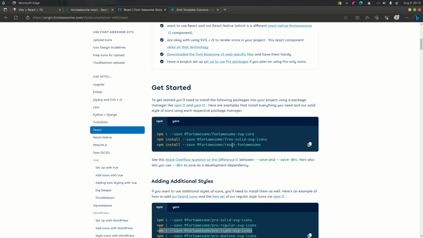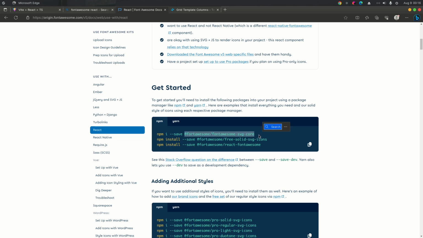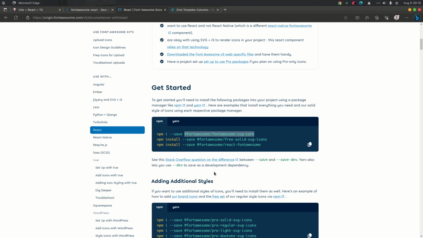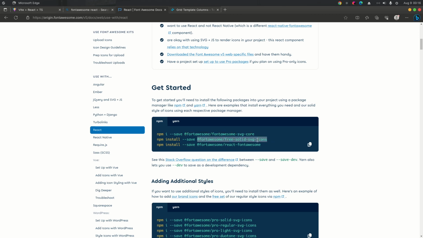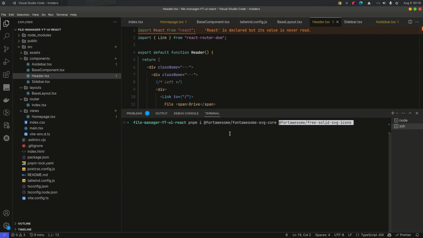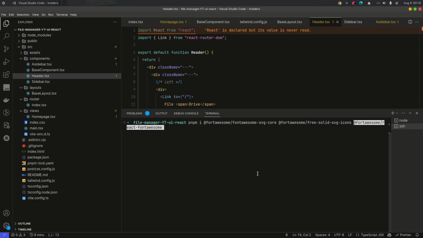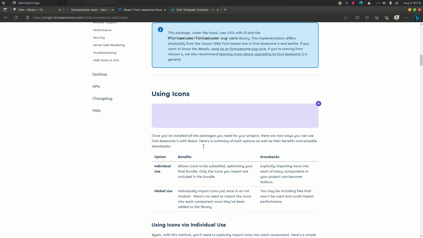So let's, okay, we'll go with this. npm install these, copy, copy, paste that. Yep. So once that is done,